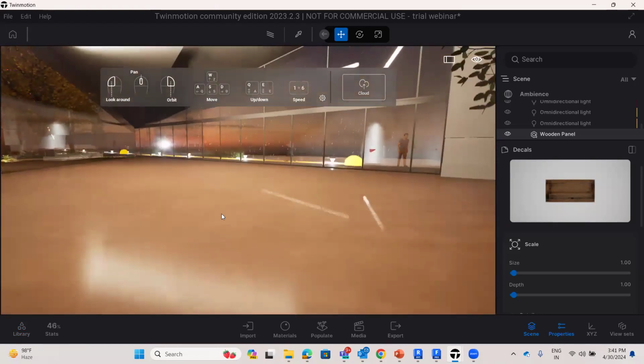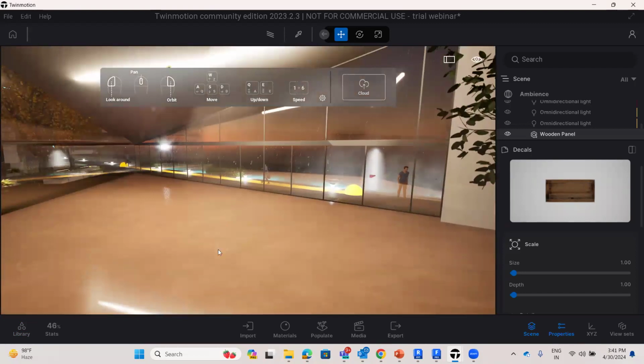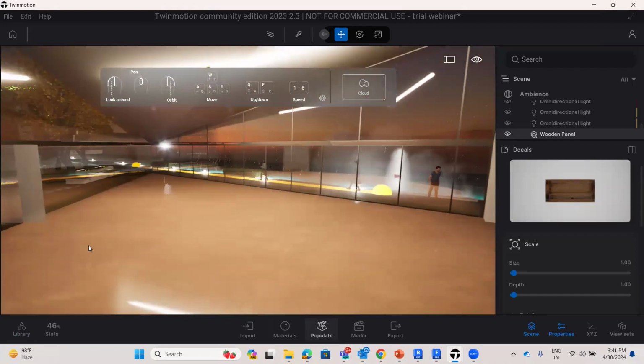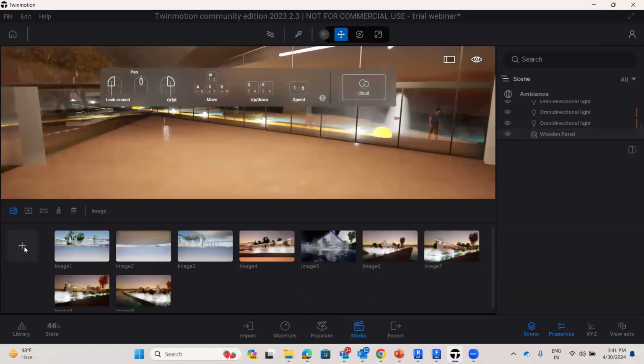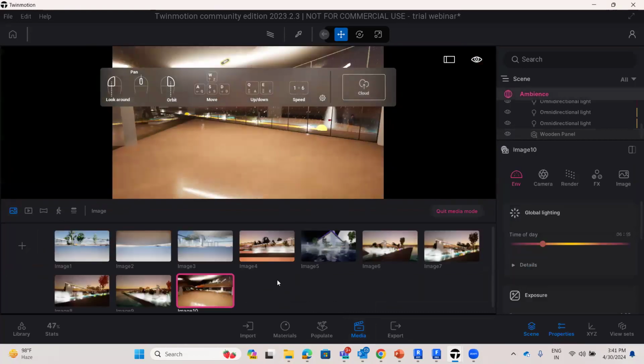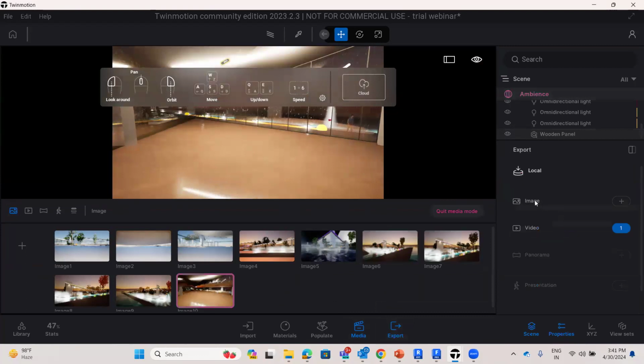If I need to have a render with respect to this, I can move on to media and I just need to have this plus icon within the image to be added. And that's an image which is being captured now. To export this image particularly, we have to move on to the export command, and under the image,